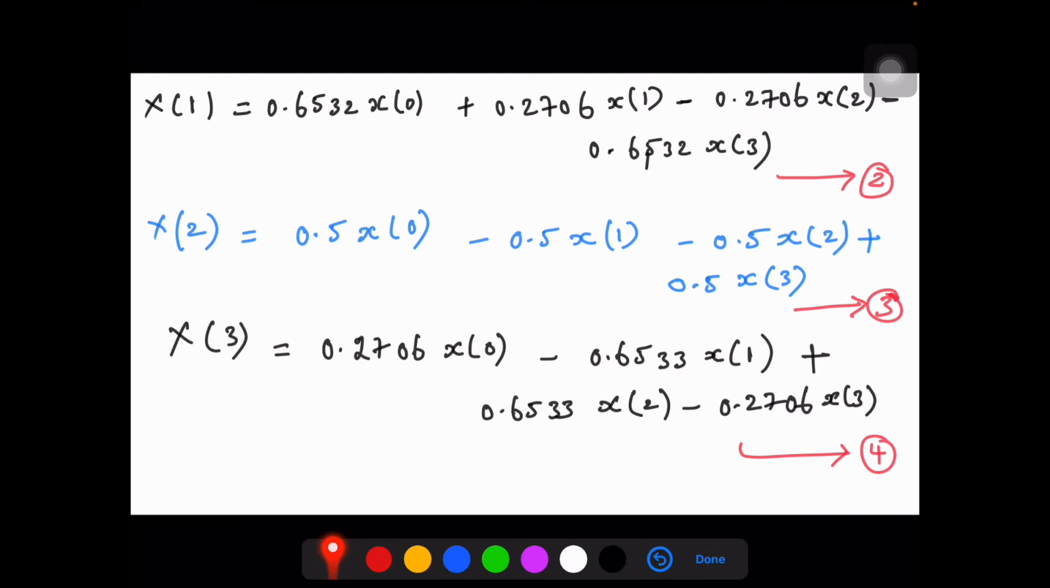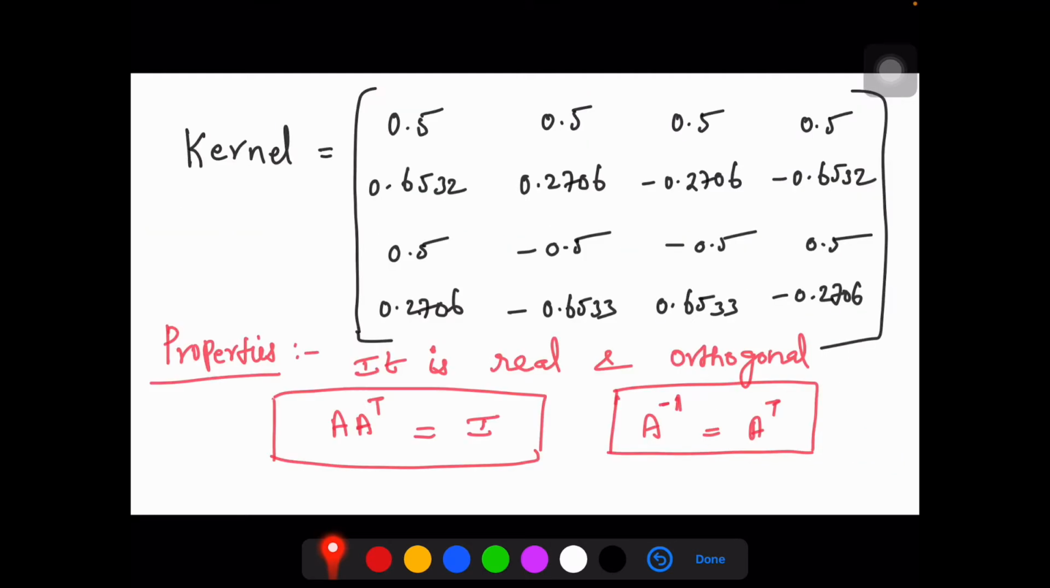Similarly for x of 2, substitute k equal to 2 and just expand the summation here. You will be getting the coefficients for x of 0, x of 1, 2 and 3. Similarly proceed for x of 3. So now I get coefficients with 4 equations. So when I'm trying to make it in matrix form, my kernel will be,